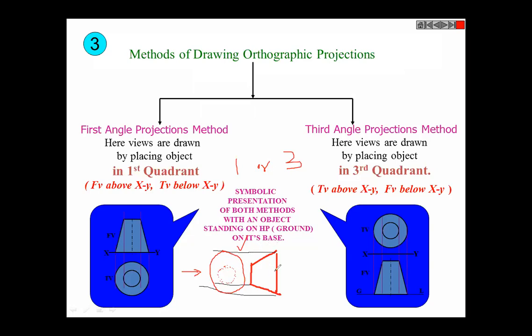See, first angle, what will happen? Right hand side view will come on left side. Now this is your front view, and that is fixed. From here, if you see, it will come as the right hand side view. First of all you will see this big circle. But then there is one more circle also, which you can't see from solid space, but you have to show. That's why we show it with a hidden line. That is the right hand side view, but it will come on the left side. That is the first angle projection method. Correct or not?